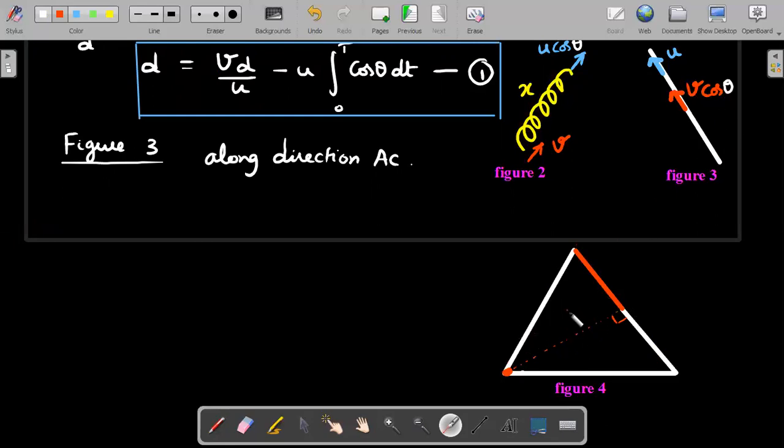Not that it won't go back. Actually, cos theta would be negative in the initial stages. Okay, right. And therefore, the ant will start from here, or ant shadow on AC will start from here, go back and come forth again. But since this is a displacement equation, I don't care about the backward motion of that. So I would say this is the value of integration of v cos theta over time for the ant from B. Okay, so let's say this is A, this is B, so that you can keep track of that. So along direction AC, displacement of ant from B